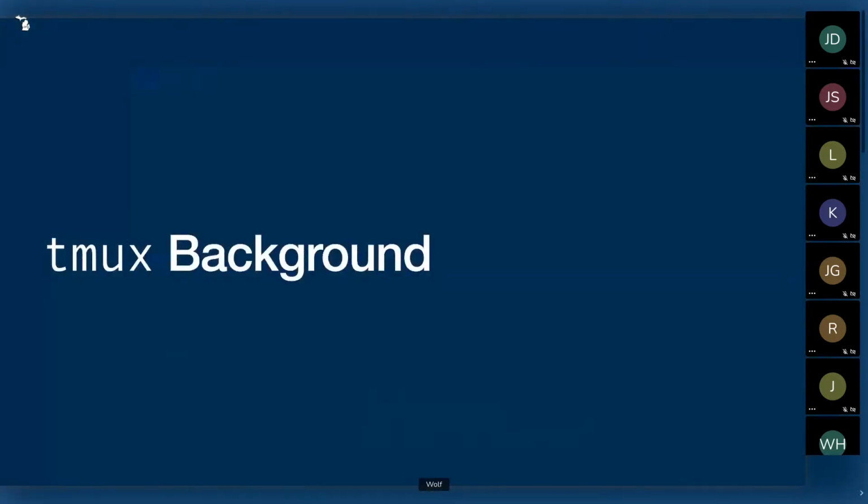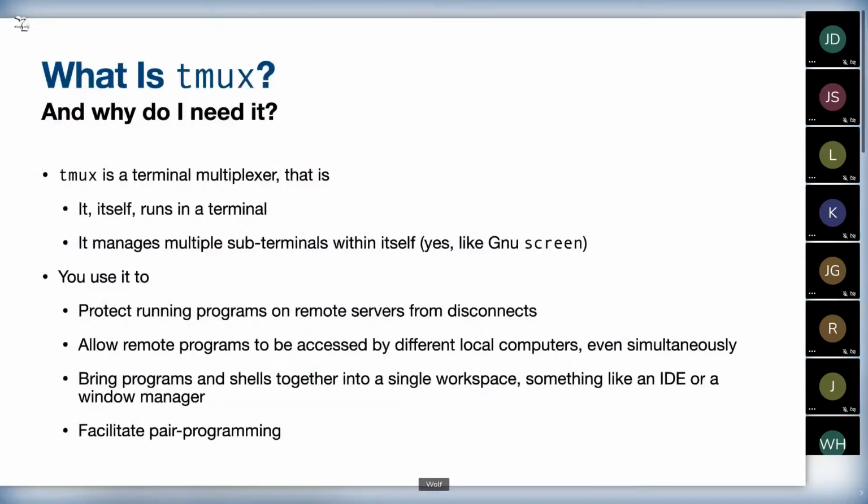So let's talk a little bit about TMUX and where it comes from and what it is. TMUX is a terminal multiplexer. That means it's a program that runs in a terminal, but it manages subterminals in itself. Yeah, like Screen does. You use it to